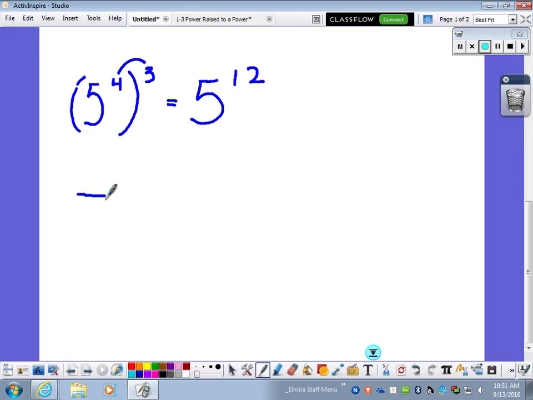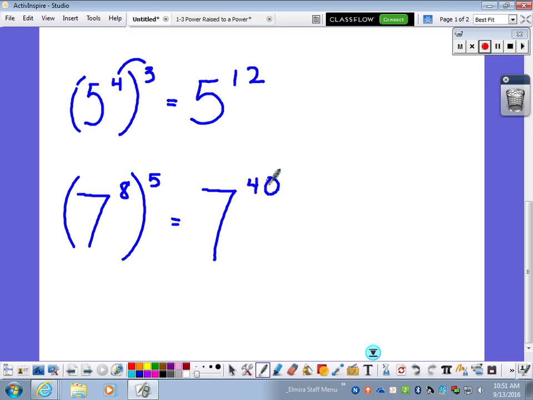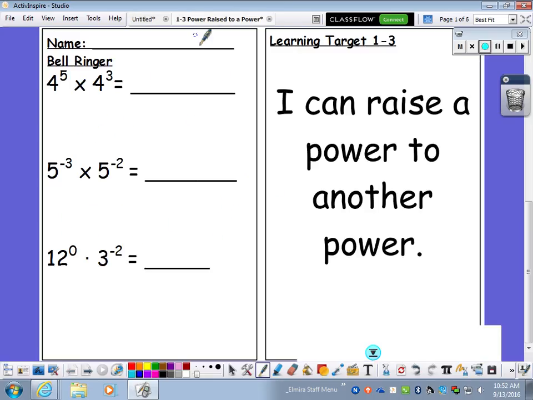If I was doing 7 to the 8th power to the 5th power, I'd keep my 7, and then 8 times 5 is 40. And that's how we do power of a power the shortcut way. I'm pretty sure you don't want to write out 40 7s to figure out that it's 7 to the 40th power. So going back to our notes,